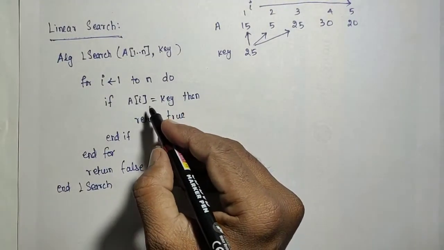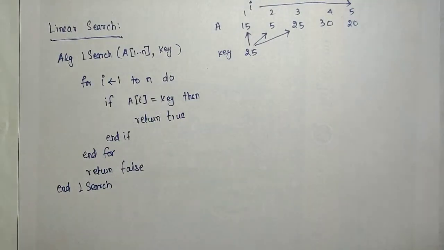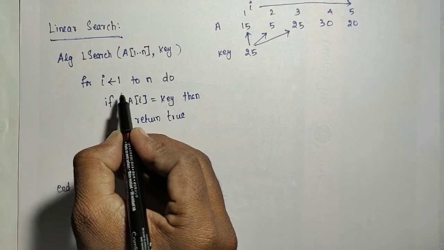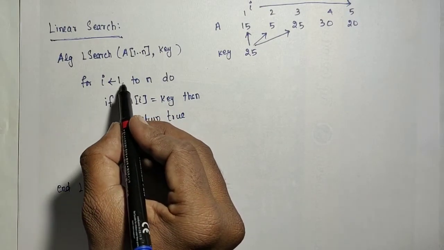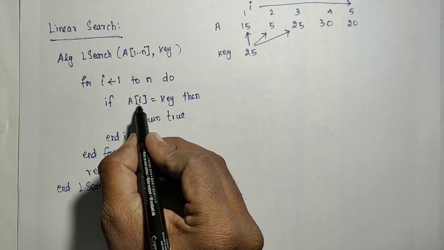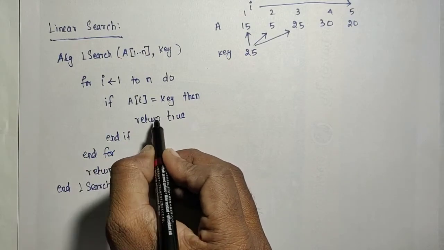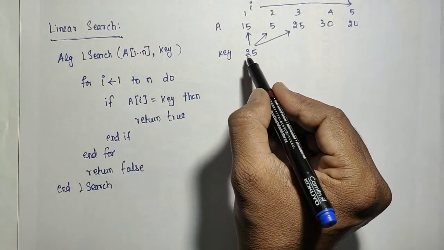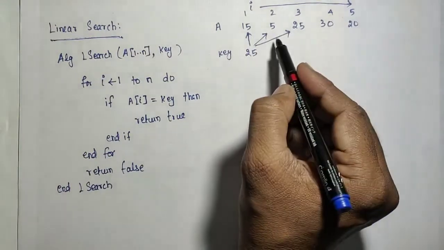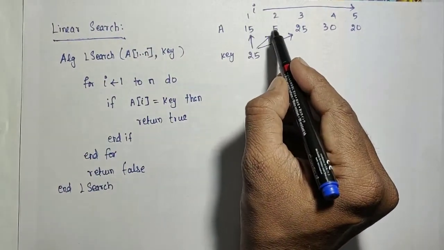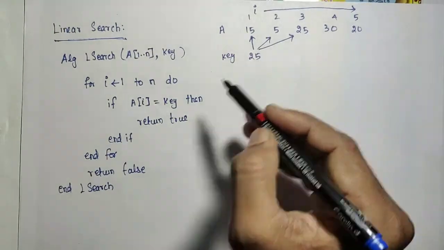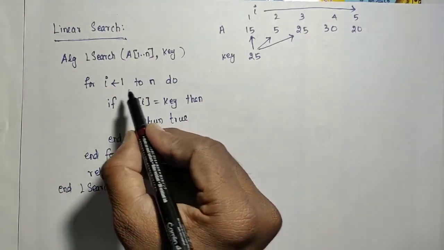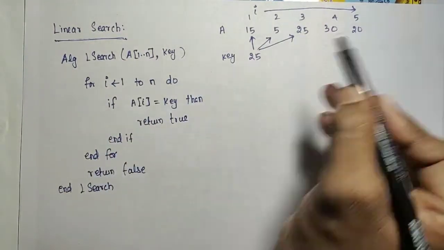So this is the algorithm. Here there are two terminations, that is, two exit ways for that for loop. One is that the for loop may exit by satisfying this condition: in between, the element is found, and through this it will get terminated. Or suppose we search for 35, which is not in the list at all. Then while comparing the elements 15, 5, 25, 30 and 20, the condition will not get satisfied. The element is not found. In that case, when i reaches n plus 1, the loop will get terminated.